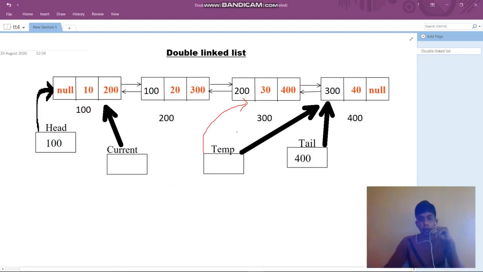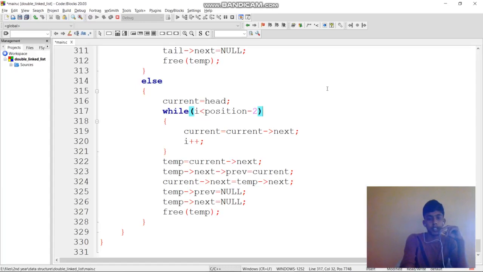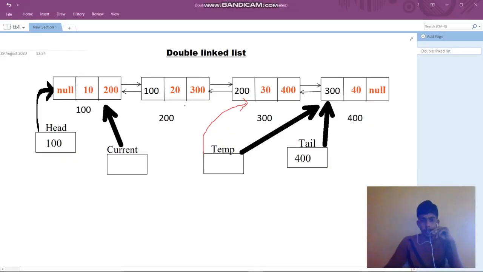So temp of next previous equal to current. That means temp of next is 400, and the previous of 400 is 300. In that place, what will happen? The current value is 200, because after deleting this node, this node will come in this place. So in this place it should hold this address, because after deleting this, the previous node is 200, so 200 should point to here.